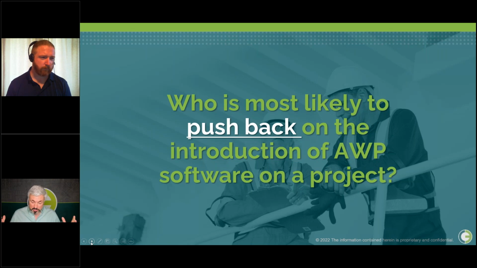I'm chairing a CII working group right now, specifically focused on AWP and engineering. And one of the challenges that we've seen within engineering is that oftentimes engineering feels, hey, I'm being asked to do this AWP thing. I'm being asked to change the way that I work in order to benefit the project. I don't think it benefits me. I'm making changes, but I'm begrudgingly willing to do this because I understand that it's going to benefit construction and benefit the project.